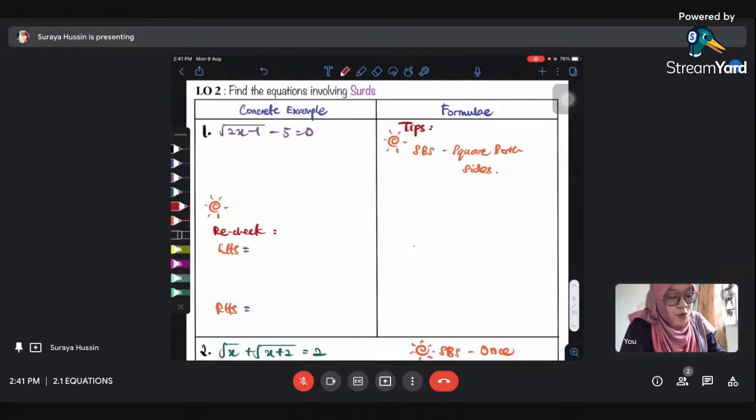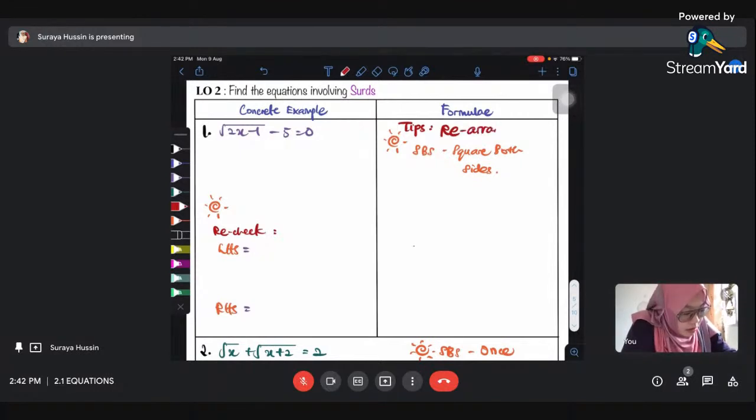Before you, okay, dekat sini kamu nampak squared both side kan, SBS. Hafal ya, SBS bermaksud squared both side. But actually before you squared both side, you rearrange them first. Tips dekat sini sangat mudah. Actually you nak terus squared both side pun boleh, tetapi cara yang paling mudah, cara yang cepat dapat jawapan adalah